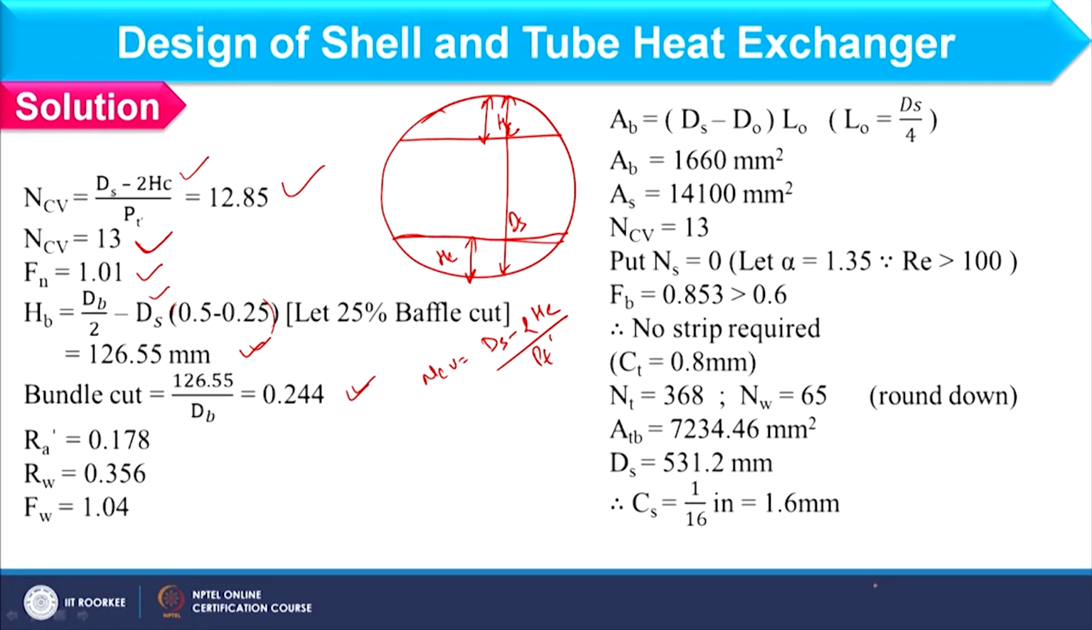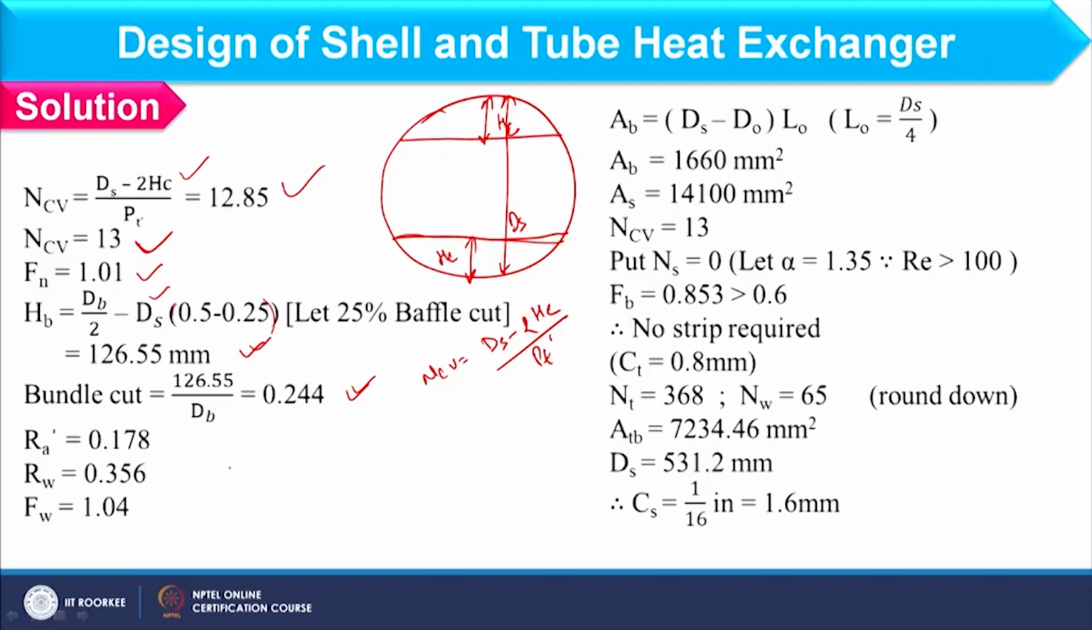So, the value of bundle cut you can find out depending upon the number of tubes, and this is already available in the first lecture of week 4. So, for all these calculations please go through that lecture, so that you can understand. But I hope if the number of tubes is given to you, you can find out the bundle diameter, right. So, here I am having bundle cut as 0.244, and